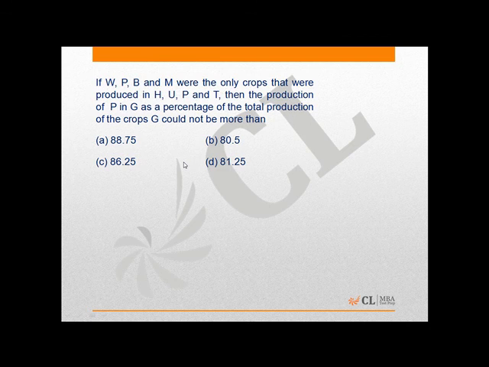So the first question says, if W, P, B and M are the only crops that were produced in H, U, P and T, then production of P in G as a percentage of total production of the crops of G could not be more than. So you have to find the maximum value of this. So if we talk about W, P, B and M,